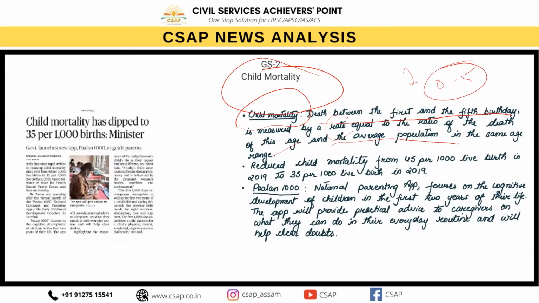child mortality. Okay. So today, right from 45 per 1000 live births in 2019, today India has got around 35 per 1000 live births. And this is because of the greater involvement of government in every form of way through which the diseases or various associated factors with child mortality can be reduced to a greater